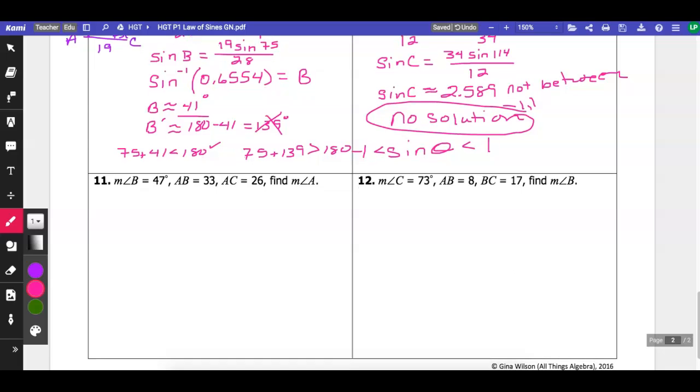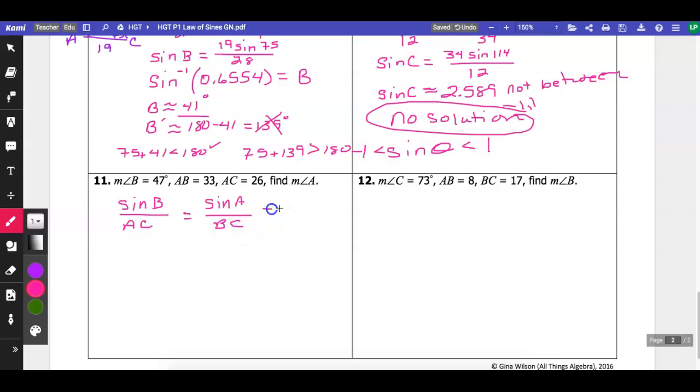So again, I'm given an angle measure. Angle B is 47 degrees. Angle B is opposite side AC. So I know that the sine of angle B over side AC is equal to, I want to find the measure of angle A. So this is going to be the sine of angle A. And that has to be over side, what? It can't be over side AB, can it? No, this would have to be over side BC,